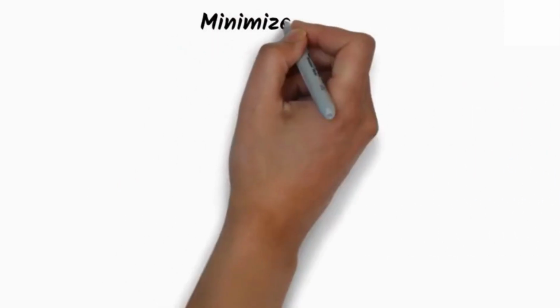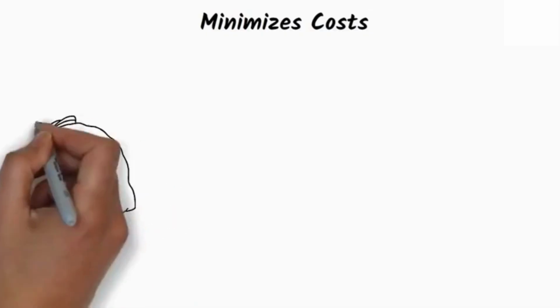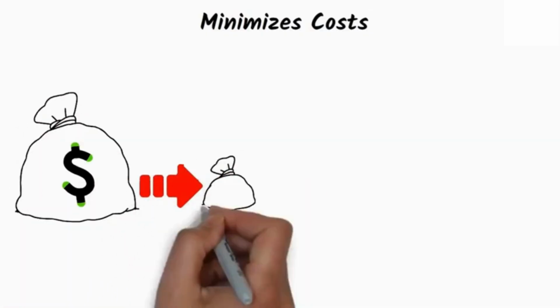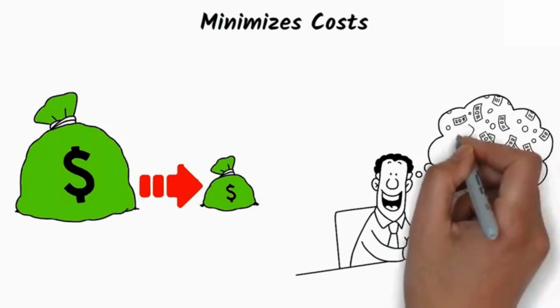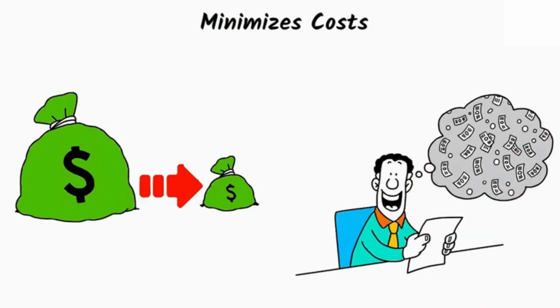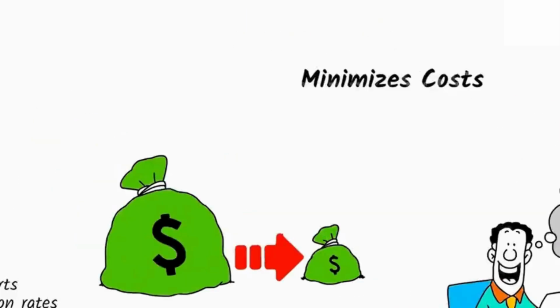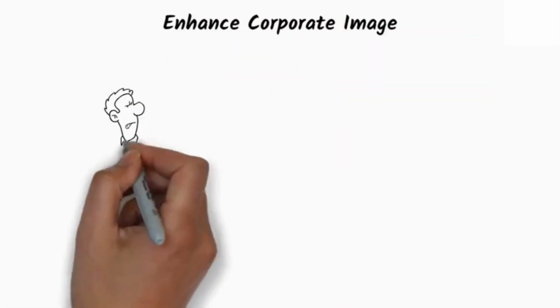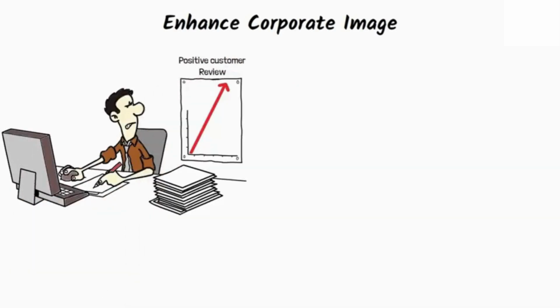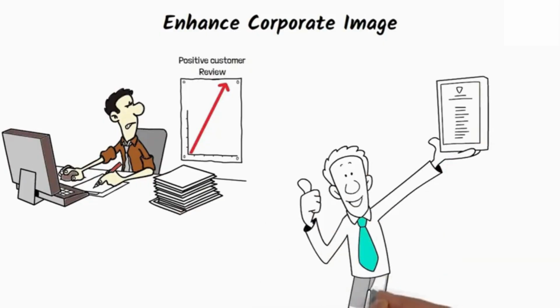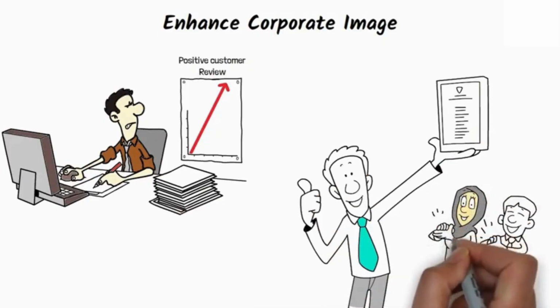Minimizes costs. CRM automation reduces manual and repetitive tasks, saving time and resources. By streamlining processes, companies can eliminate inefficiencies, reduce operational costs, and optimize resource allocation. Enhance corporate image. Providing excellent customer service and personalized experiences through CRM systems can significantly enhance a company's corporate image. Positive customer experiences lead to satisfied customers who are more likely to become brand advocates and contribute to positive word-of-mouth